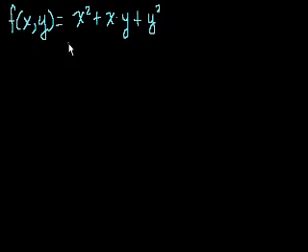Now we're going to take the gradient of this, and then I'll give you a little bit of intuition on what a gradient is. We're going to take the gradient in two-dimensional space, and you'll see what that means in a second. You can extend this to any dimension. So the gradient, and we use this vector differential operator, this upside down triangle,